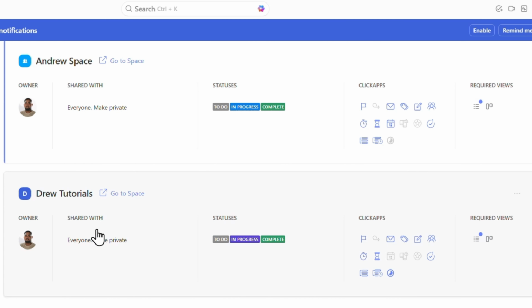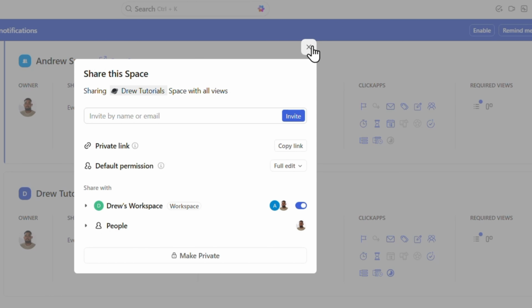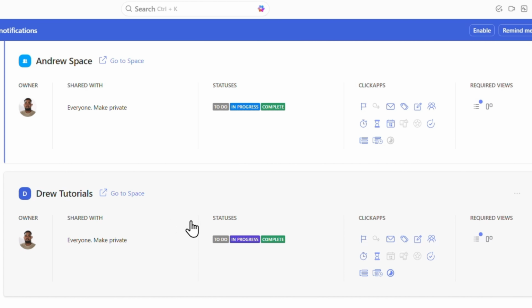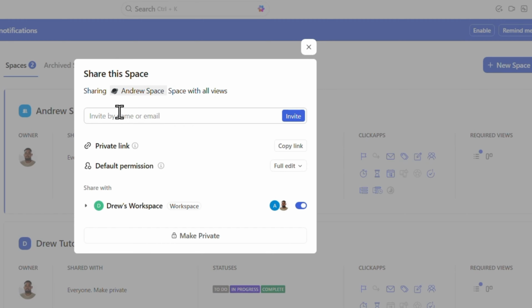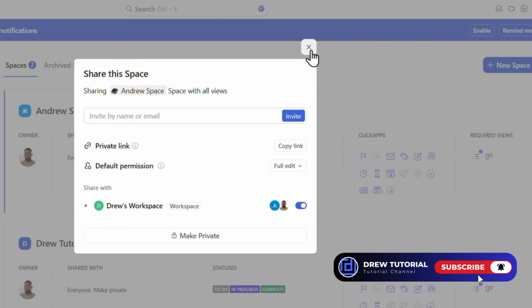So that's how you're able to do it, guys, and that's pretty much it. Now you may be wondering where exactly I click, because you can click anywhere, right? But you want to click under the section where it says share with. Just simply click on those areas and you can find a pop-up here where you can invite someone,